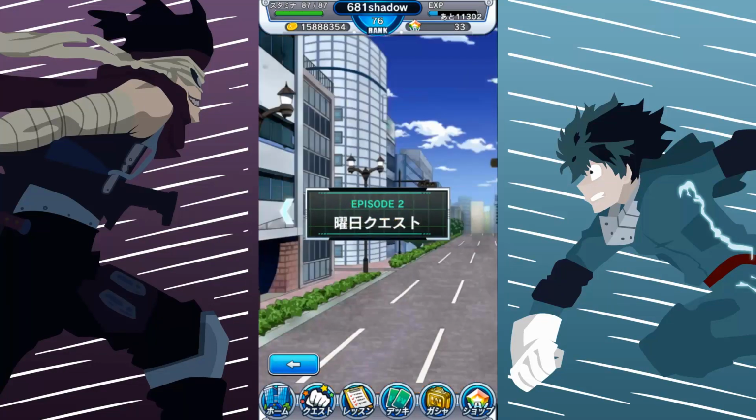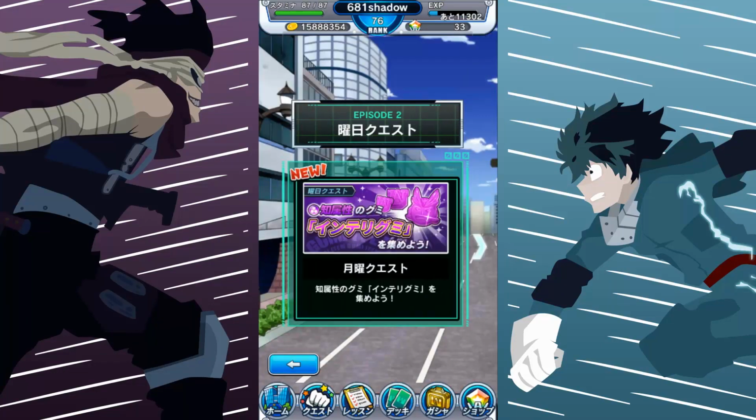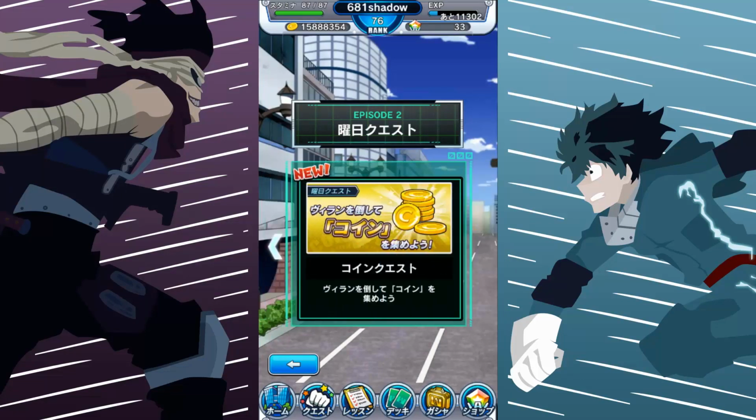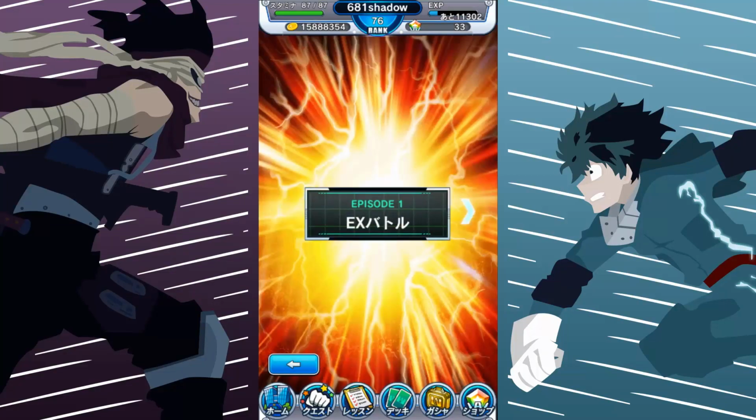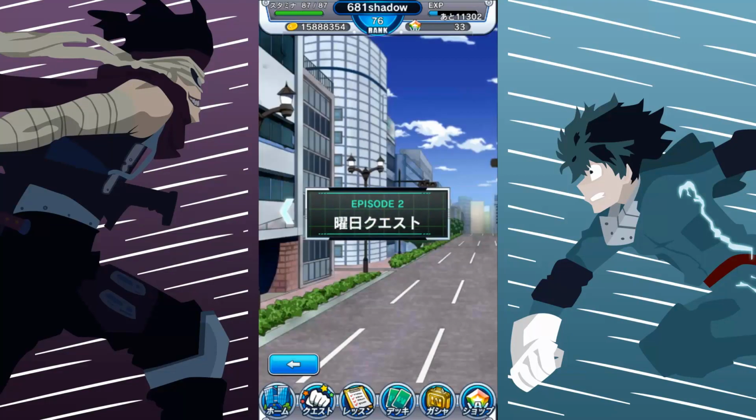And episode 2 is usually just some very easy events. First off are gummy runs. I'll go over gummies pretty soon as well. These gummy runs are actually pretty easy, and then gold runs, which are also very easy. And all these events, while they're normally episode 1 for the EX and episode 2 for the gummy and coins,